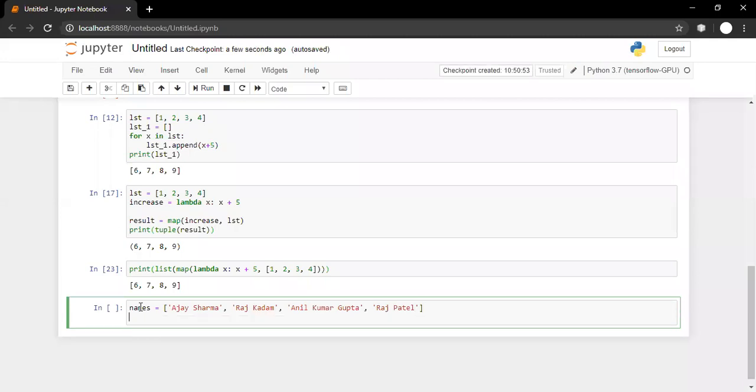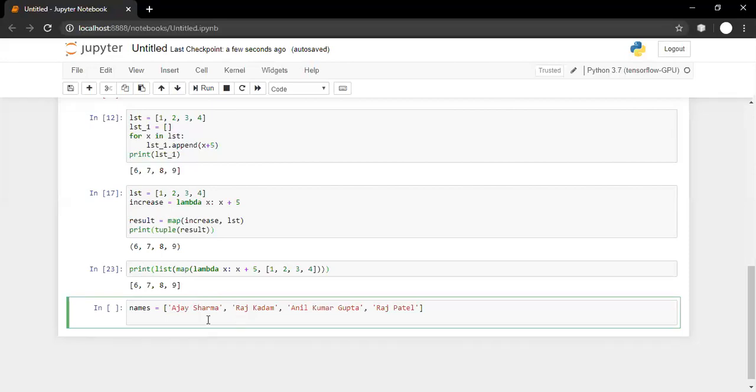So the question is, we are supposed to sort this list based on their surnames. So S, K, G, and P. So Gupta should be first, then Kadam, then Patel, and then Sharma.